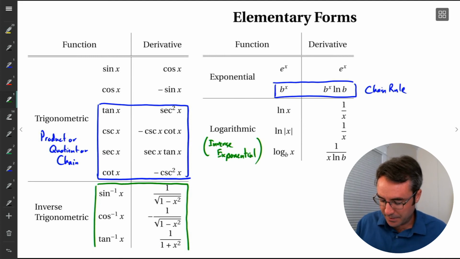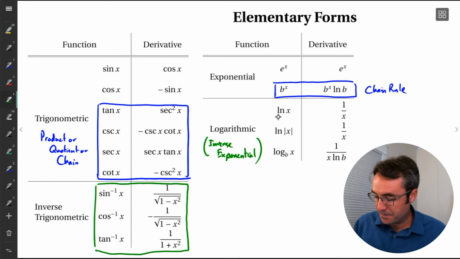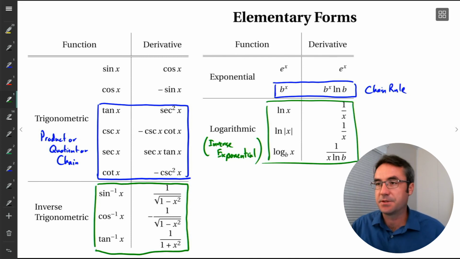Ooh, what's going on there? All right, so